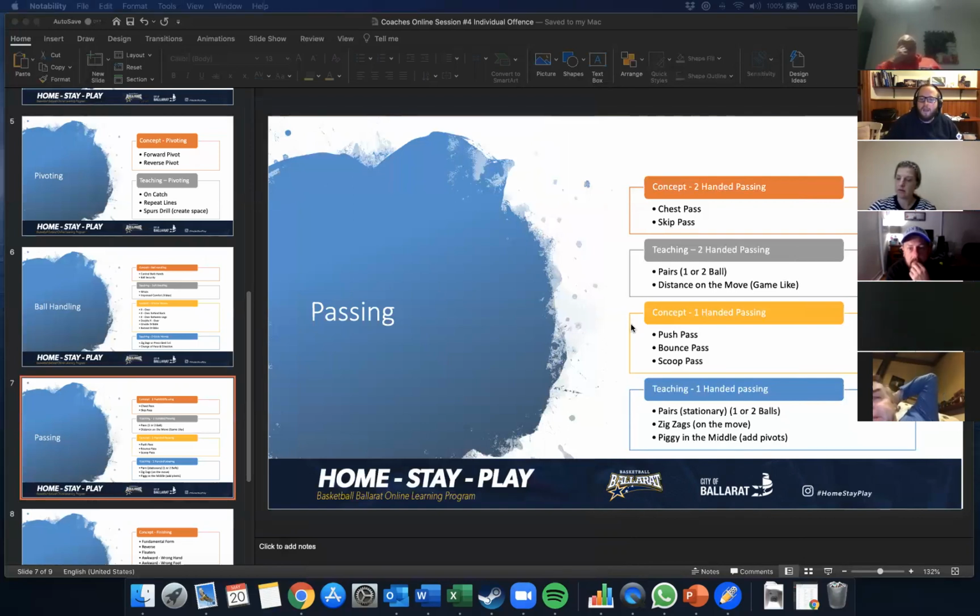on them. One-handed passing. So you push pass, you bounce pass, and you scoop pass. So the scoop pass is one that is not as common. That's more when you've got that ball and you've got to get low around your knees and flick that thing into the post. Not something that I necessarily think you need to teach the younger kids, but it is important